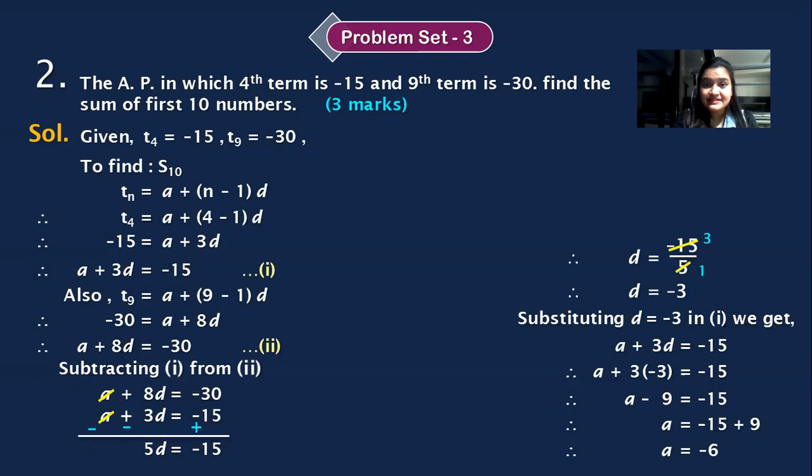We got the value of A and D. Now guys, I am not completing the sum because you need to do it. I helped you till here. I got the value of A and D. You need to find out S10. You will use the formula Sn, that is n upon 2 into (2A plus (n minus 1)D). N will be replaced by 10, A will be replaced by -6 and D will be replaced by -3. Finally solve and get the answer.